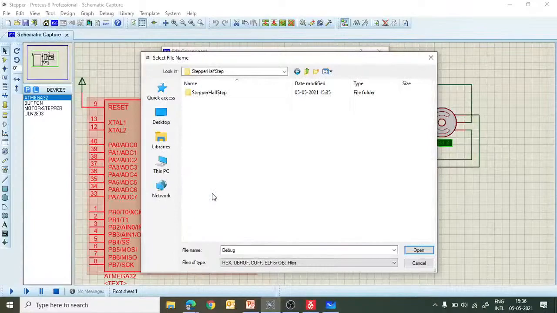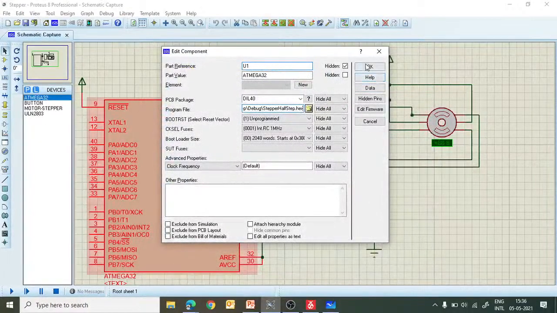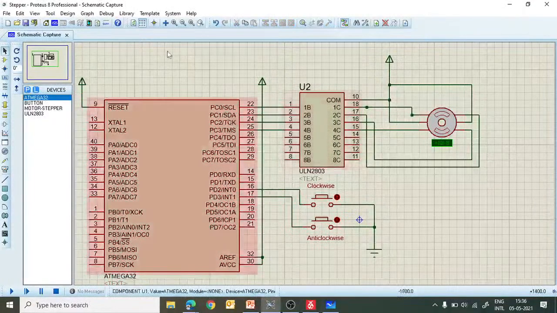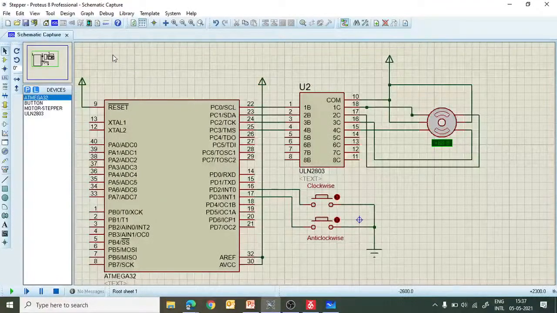This is a half step, so let me select the hex file corresponding to the half step. Now let us simulate this program, debug, and then run the simulation.